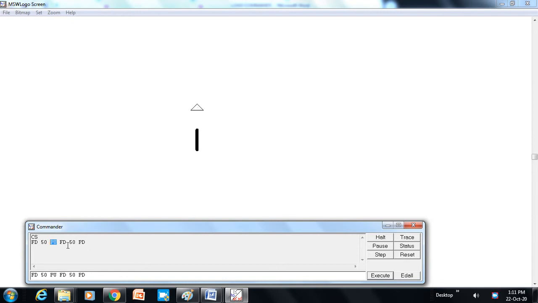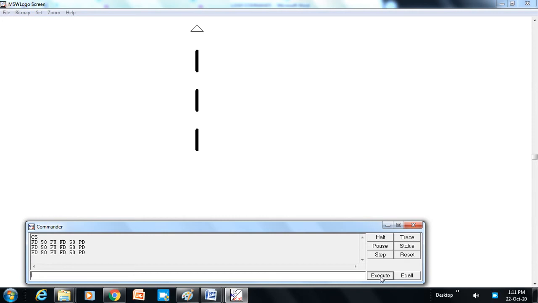As I told you last time, just click this command and you will get that command in the input box. So again we give the same command and click on the execute button. Click on the previous command, that command will appear in your input box, then click on the execute button. See, we have drawn this dotted line, or line with gaps.